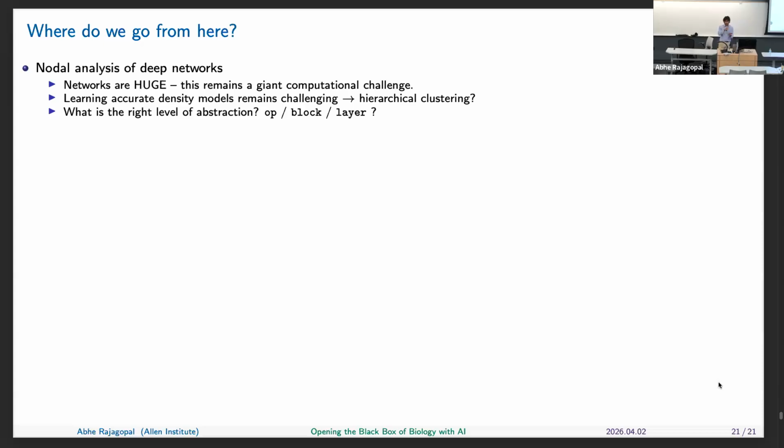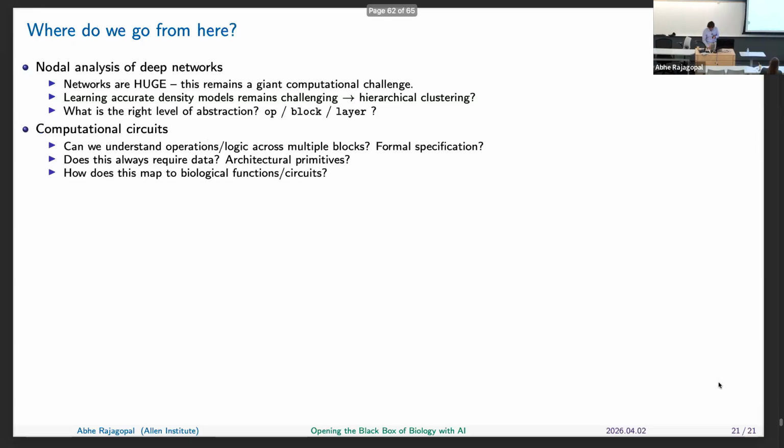Is it a whole layer? Should I look at the embeddings of every layer, or is it a block, like a convolutional kernel, or, as an example, just the transformer block? Or is it really that you have to do every operation? I don't know the answer to that, but it is very expensive. So being able to boil that down to the right level of abstraction is the key.